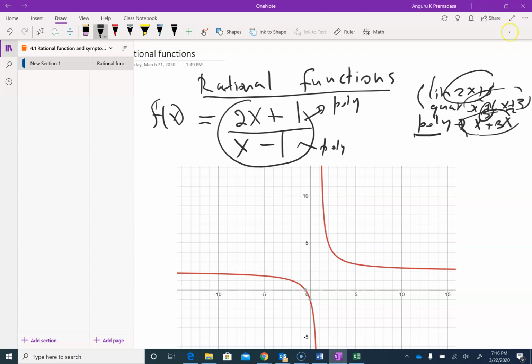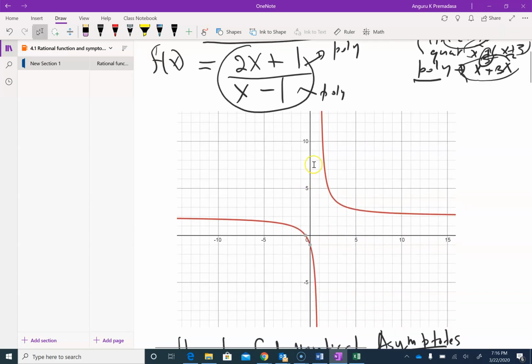Now, if you look at the graph of this, and we will learn how to draw these graphs, it looks like this. There are features in this graph that are of interest. First of all, you will notice that as the graph approaches 1 from the right, it goes to infinity. When the graph approaches 1 from the left, it goes to negative infinity. So there's an untouchable vertical line here, and we call it a vertical asymptote. Notice that the vertical asymptote happens at 1, which is exactly the place where the denominator of